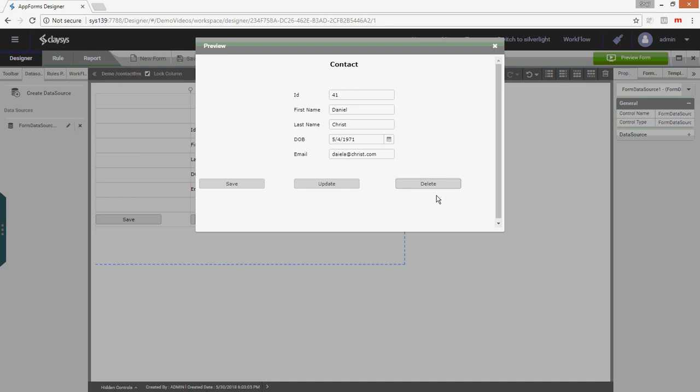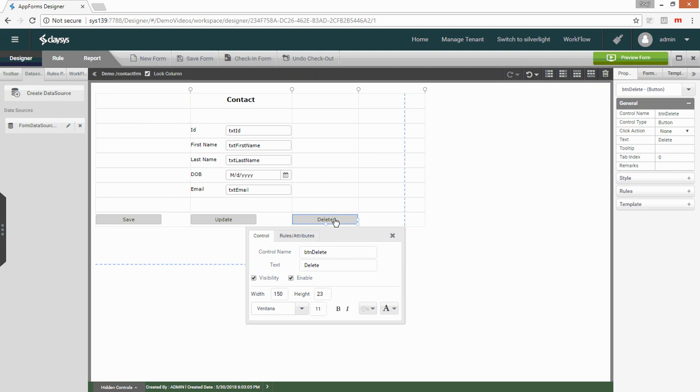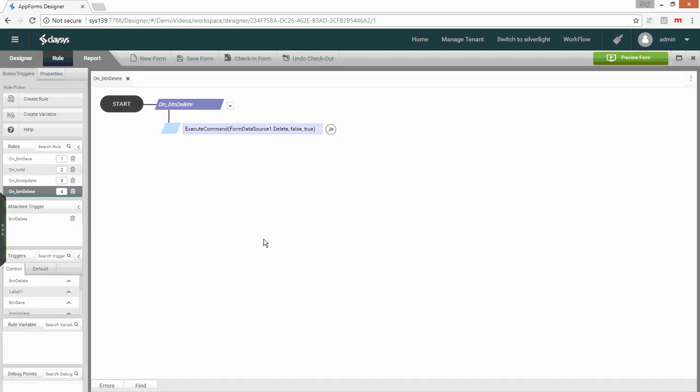So now if I want to make sure that a message is displayed to the end user, what I need to do is go to the rules tab, and there's a rule that has been created for the delete button. If I go to the rules attributes, you can see that there's a rule created for this button. If I click on this, you can see that there's a function that's already created. If I click on the function button here,